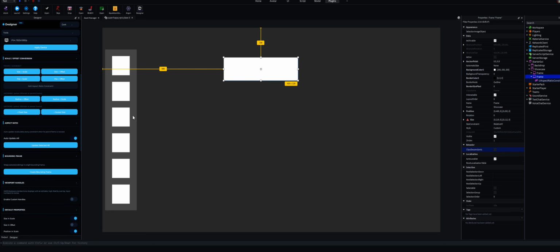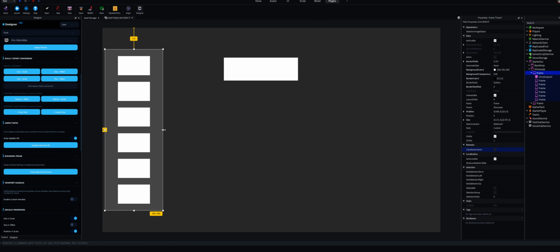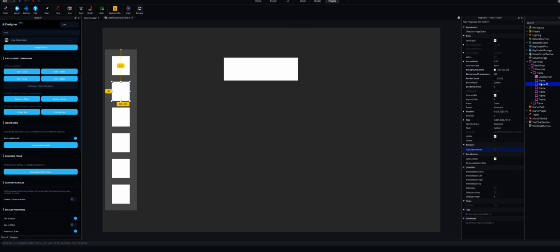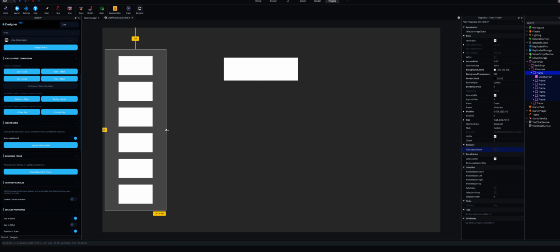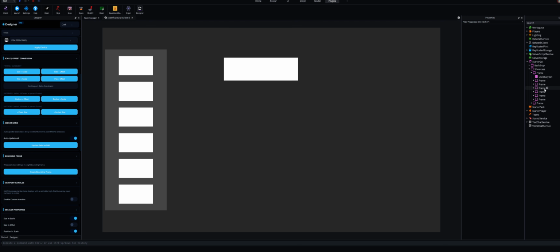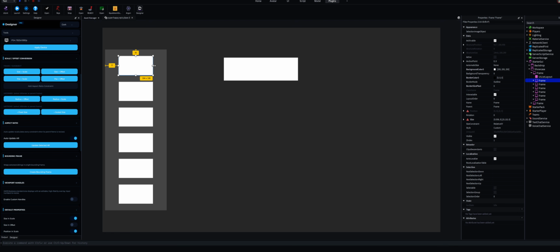This is really helpful. So say you have a bunch of frames inside of a scrolling list. You see how that changed. Let me go ahead and do that. It'll automatically add one, by the way, for everything if you click this button. Say I wanted to change the size of an object inside of a scrolling frame. You can easily do that with this